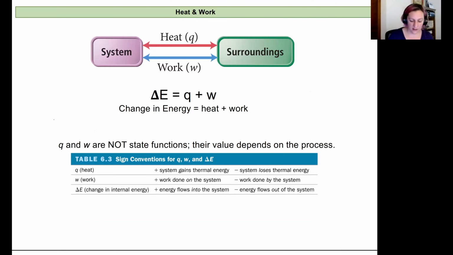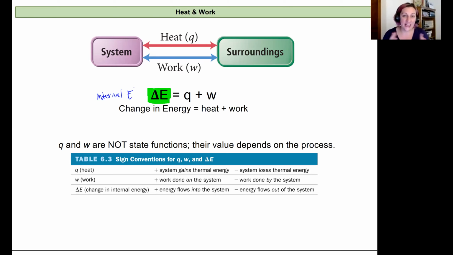So this delta E right here is the internal energy for our system. And so thinking about internal energy in general, it is the change in the internal energy of what we just talked about. Heat is flowing out in an exothermic reaction or in as an endothermic reaction. But it could be heat or it could be work that's occurring that represents the energy flow between system and surroundings. And so this can happen with heat and it can happen with work. And work, remember, is force over distance.